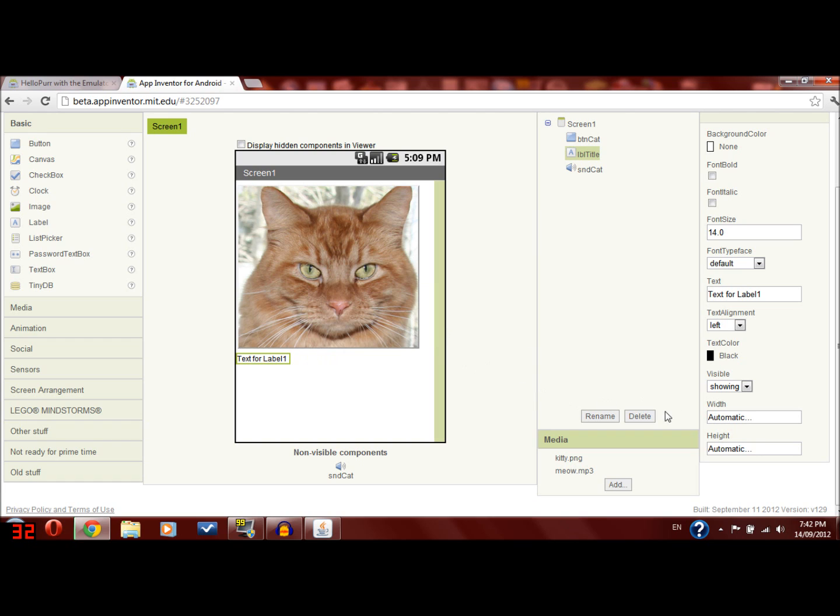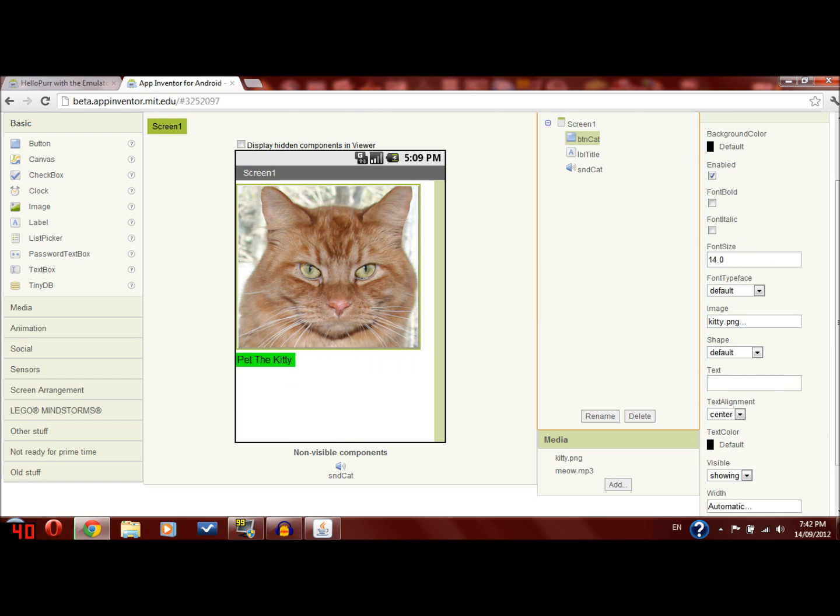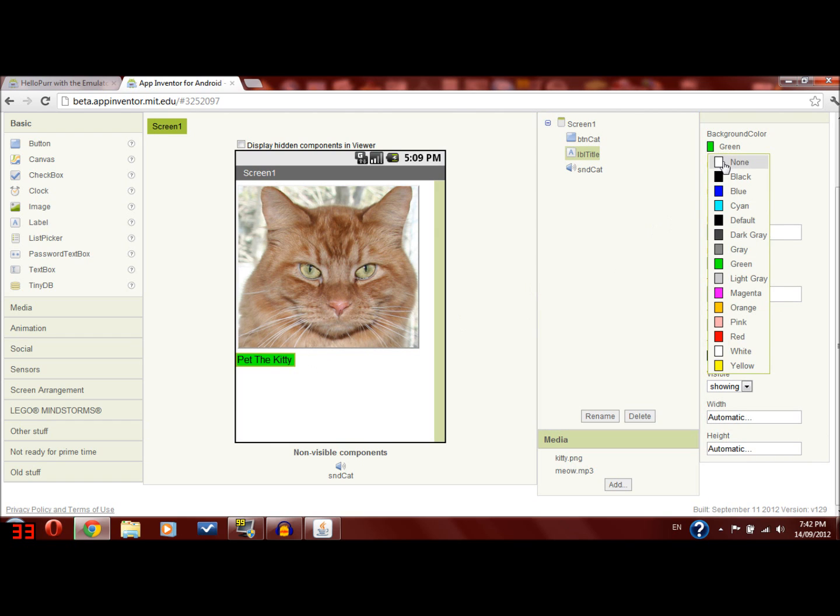And I'll adjust the text to "pet the kitty," and I can fiddle with that, and you don't need that if you don't want it. It'll do the same thing. Width and height, yep, already covered that. Background color, now if I hit green, that's what it looks like, which I think personally is a little bit ugly, but